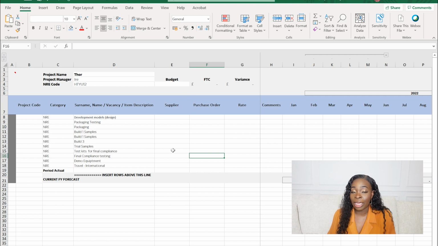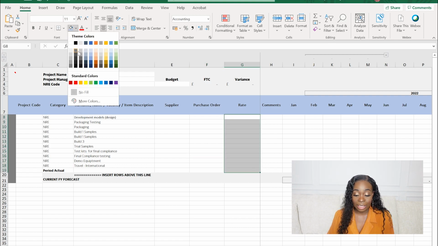Supplier, this one will be really key because you're probably gonna buy some of these items from a particular supplier. It's really useful to understand where you got that from. Purchase order, when you request a bit of equipment or service through your internal system, usually the supplier will require something called a purchase order. And basically it's just confirmation from the business that once they produce that piece of work or give you that piece of equipment, that you are going to pay them. It's kind of like locks it in that regard, as long as they deliver to you what they said they're going to deliver. Rate here is actually not going to be needed, so I'm just going to block that out,